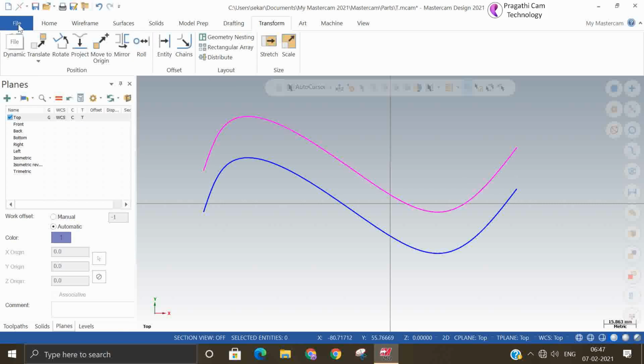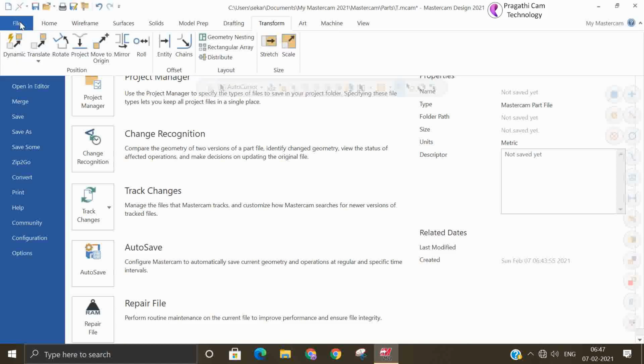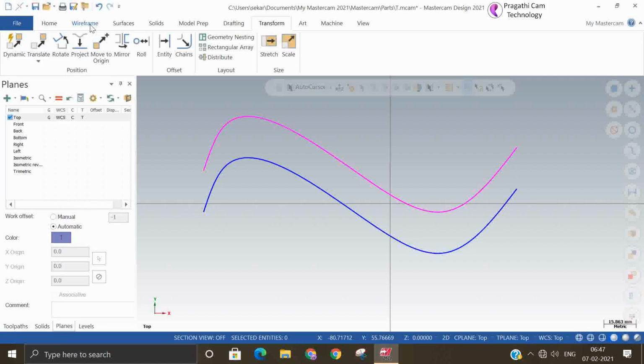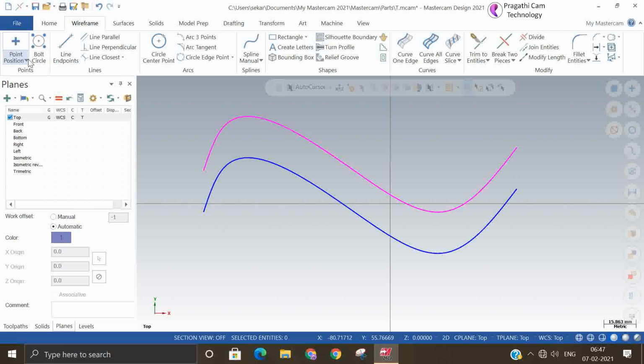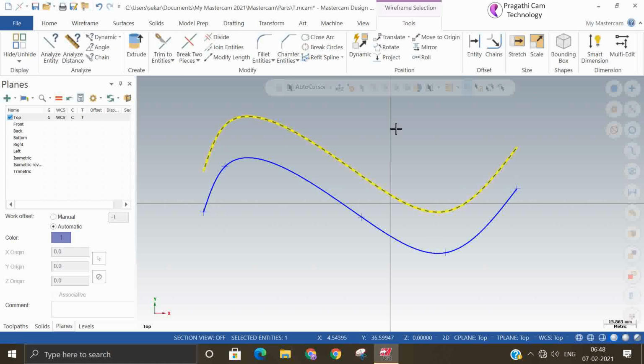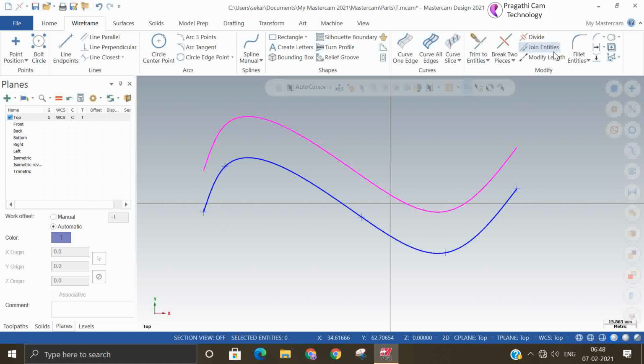Now we'll check the control points. Control points, node points. Select here and here. So you can see the node points difference. In the old spline there are only five node points, but in the modified spline many node points are added.